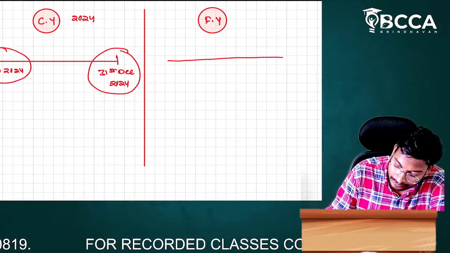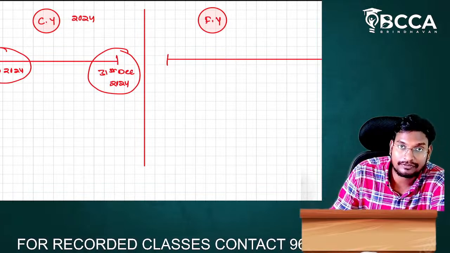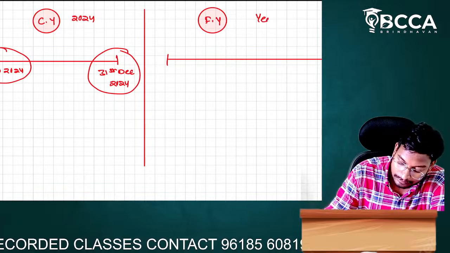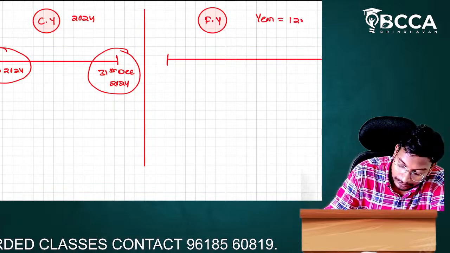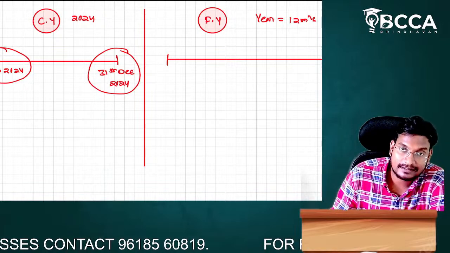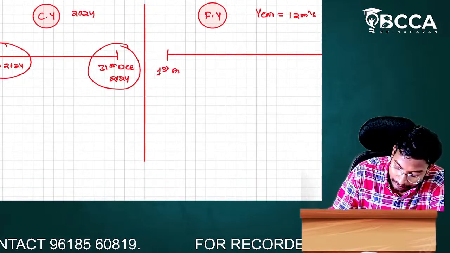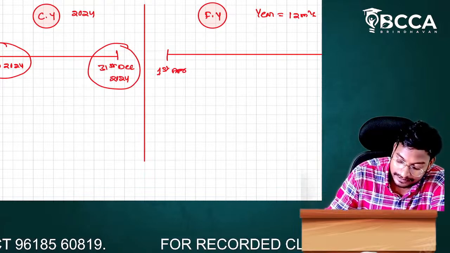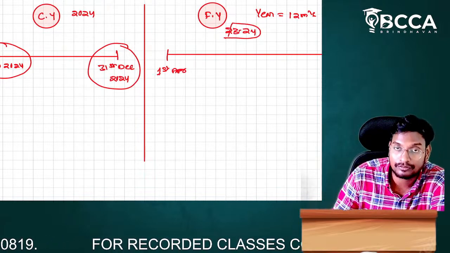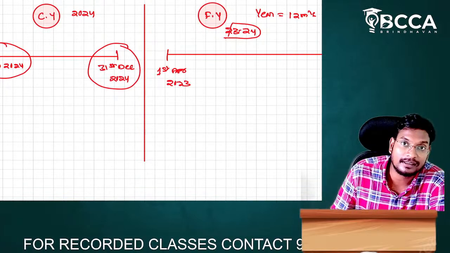Next one is called a financial year. Financial year means, as we all know, the meaning of year is 12 months. In the financial year, the year will be starting from the 1st April. Let us imagine it as 23-24. So its starting point is 1st April 2023.